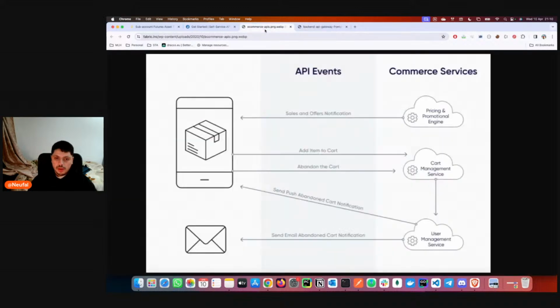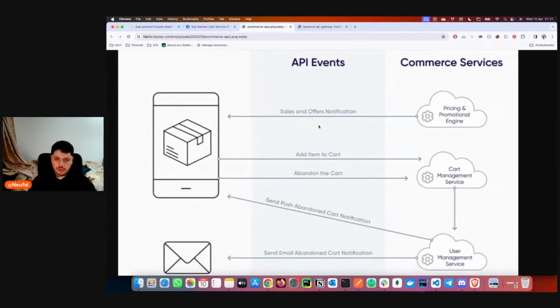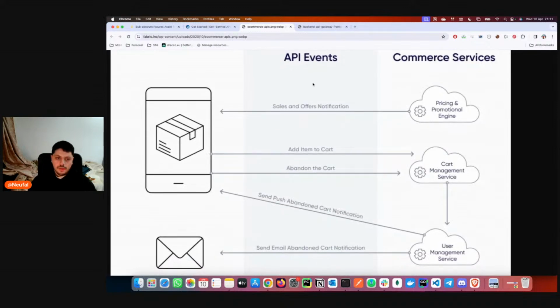So let's go with another example. Basically this one, it's just an example, and then you have the API events occurring, and then you have the commerce services where you get the pricing, the promotion. Here you can have different engines or different services, or you can just make one service with all.